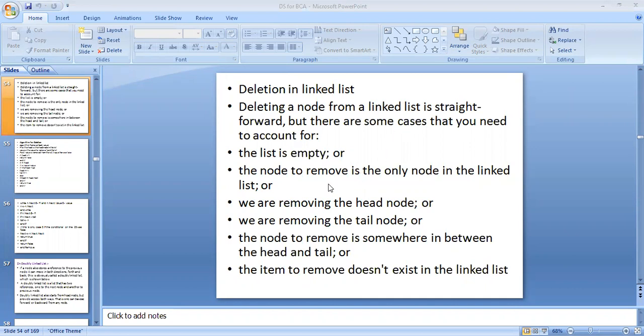We are removing the head node, and we are removing the tail node. Or the node to remove is somewhere in between the head or tail. Or the item to remove doesn't exist in the linked list.